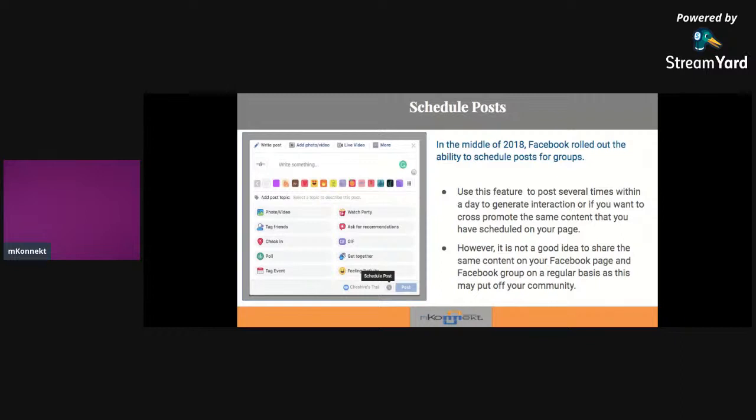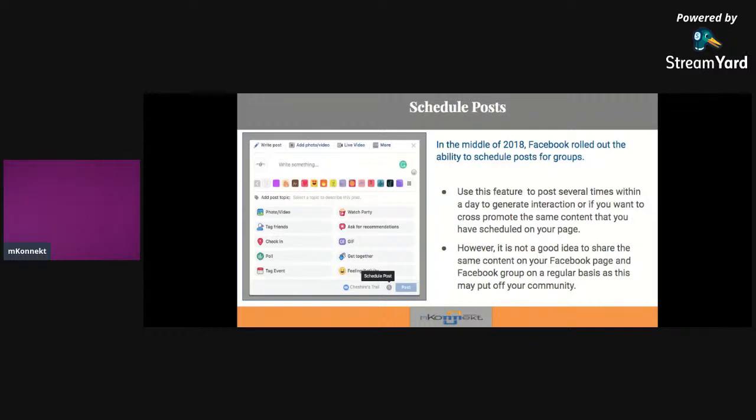And obviously you can also schedule posts, which Facebook rolled out starting in 2018, so you basically have the content that can go in, right? Again, make sure the content you're posting here is not generic, in the sense that it is very specific to that particular group, and it is the most important content that you can think of for a group,